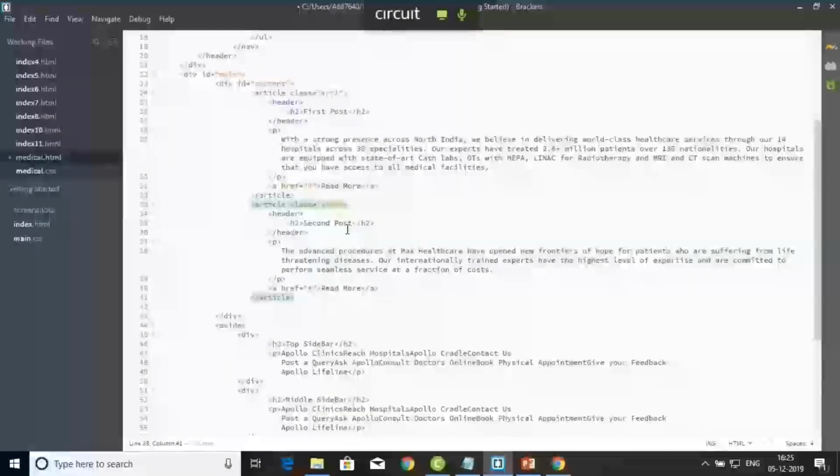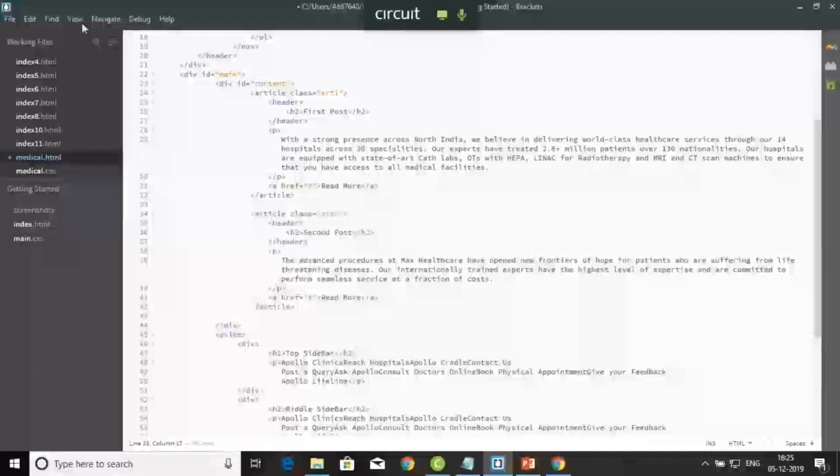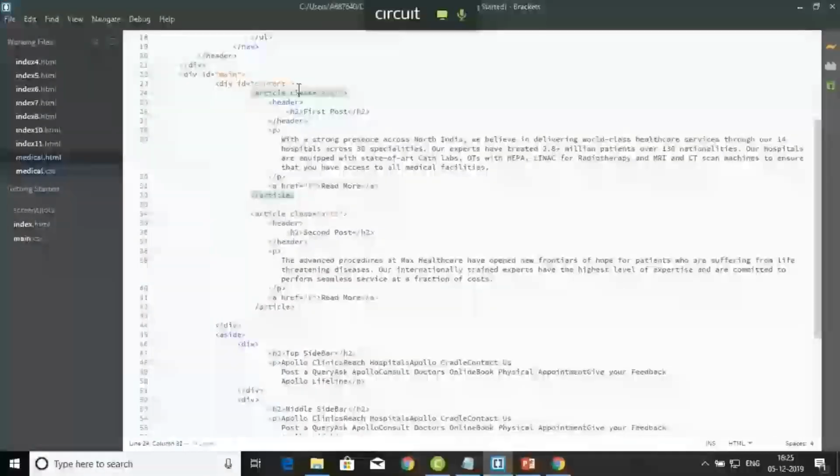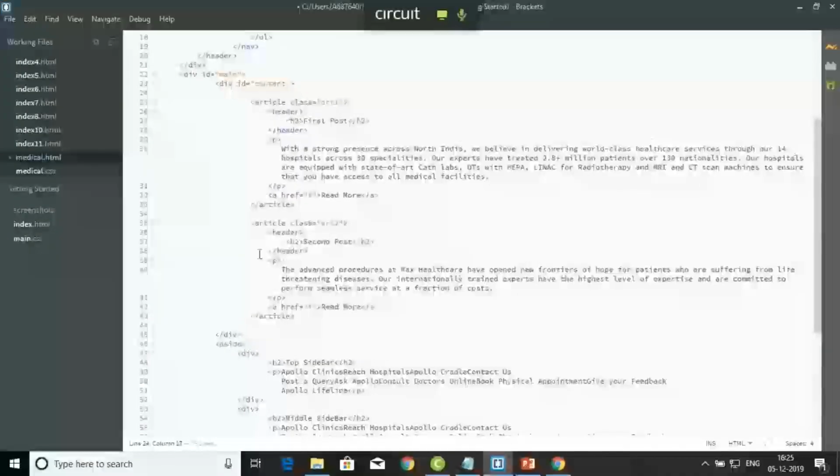Right? Fine. Save it. File, save all. It should be like this. Fine. Next, what you want to implement is like